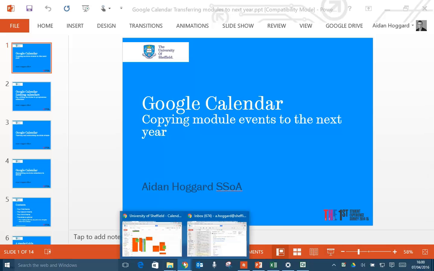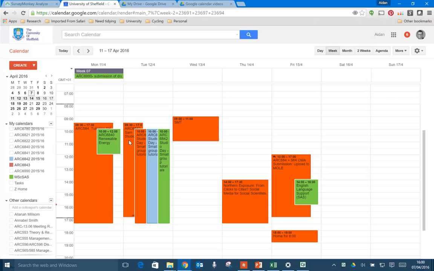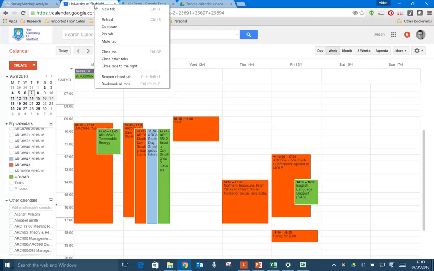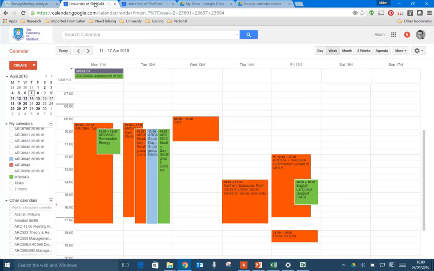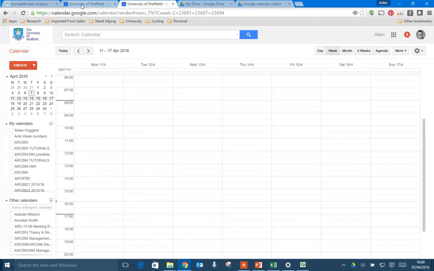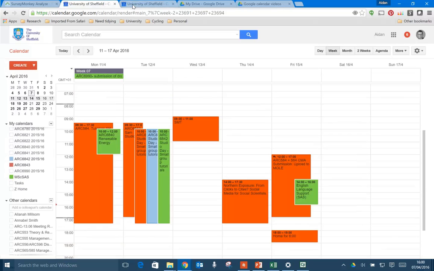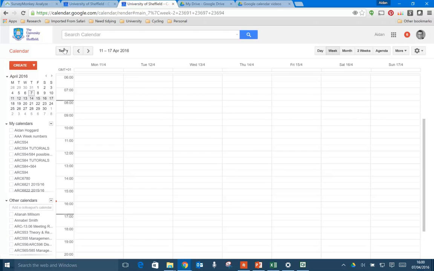So if we open Google Calendar here, and as I showed in the other videos, if you right click on the tab at the top, you can always duplicate that tab, just meaning that any changes to the way you view your calendar will leave the original view intact if you prefer. You don't have to. Okay, so